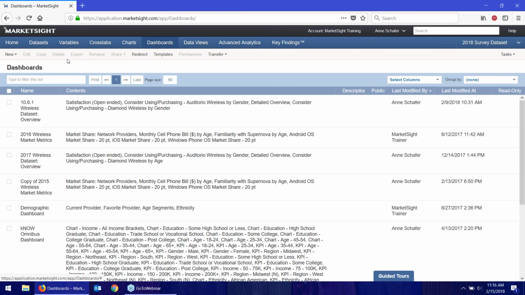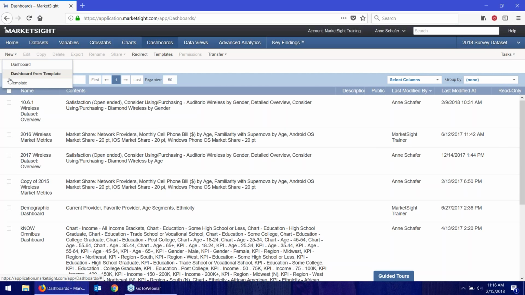Formerly, in 10.7, the older version, I could always create a new dashboard, and I could create a new template, but there weren't really any templates that I could build off from that were already made for me. How could I then say make my own template? Well, again, you could do it, but now what I can do is I can actually base something off a